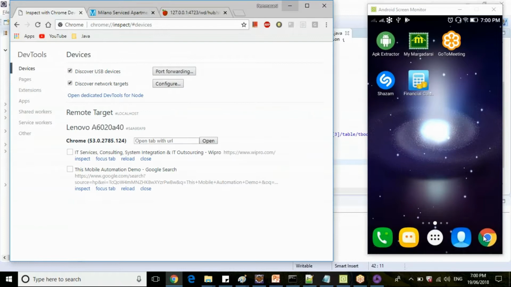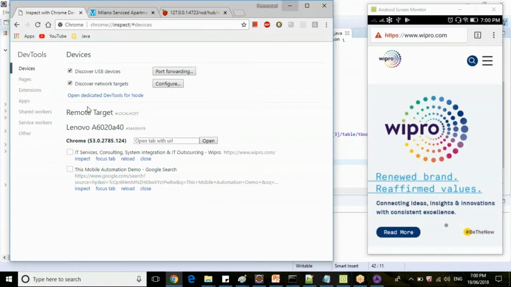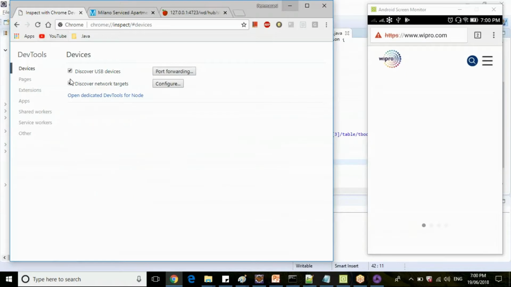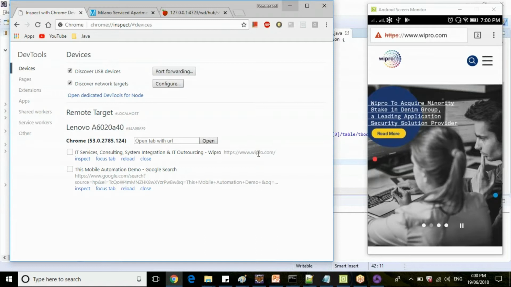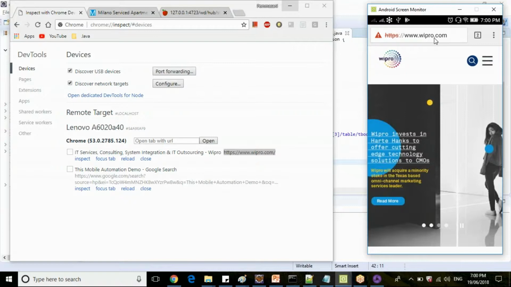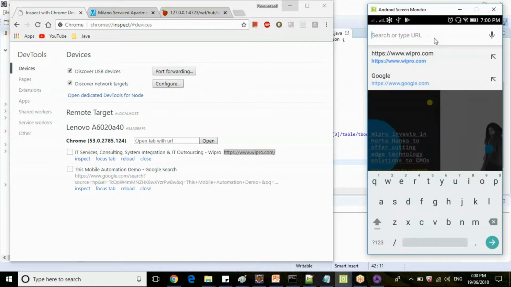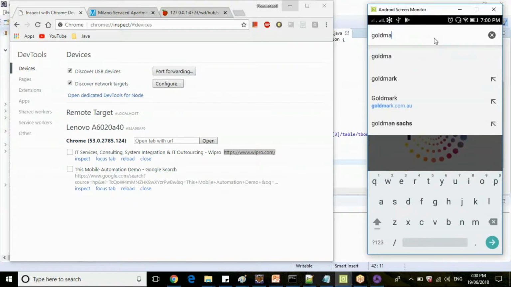Now, if you launch your Chrome browser, it will show the active session. Just refresh this. So wipro.com is your active session now. Or if you are changing the URL here, let's say I'm giving some other URL, Goldman Sachs. Okay.